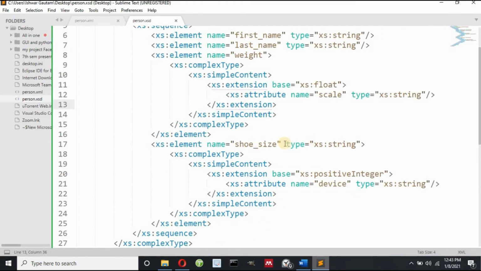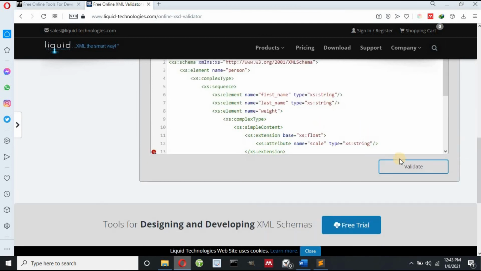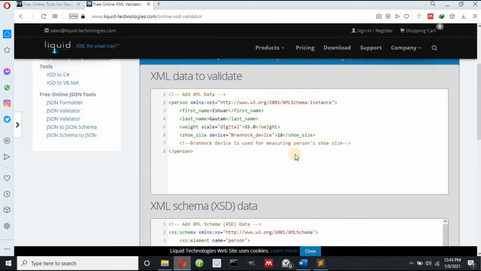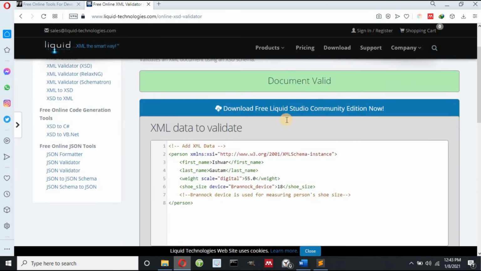I forgot to delete this type because I have already added my type in this extension. So let me delete this, and also I have to delete here. Now let me again press validate. You can see here document valid. So now this is correct.